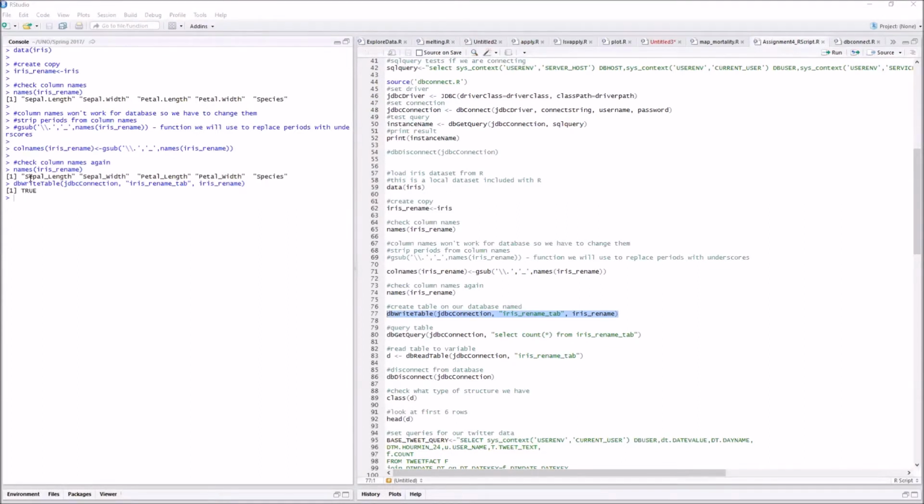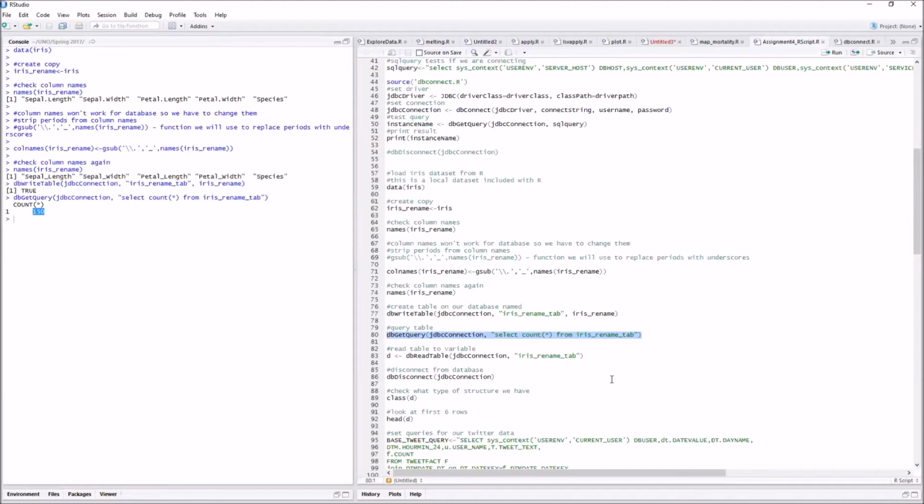All right, and now we see, after giving this a second, it went ahead and created the table on the database. And if we wanted to, we ought to be able to run queries against that database to prove it. So I've just got a little select statement here to count the rows from the table on our database, using the database connection we should already have open. If I go ahead and just run that, we'll see that it says there's 150 rows in the table